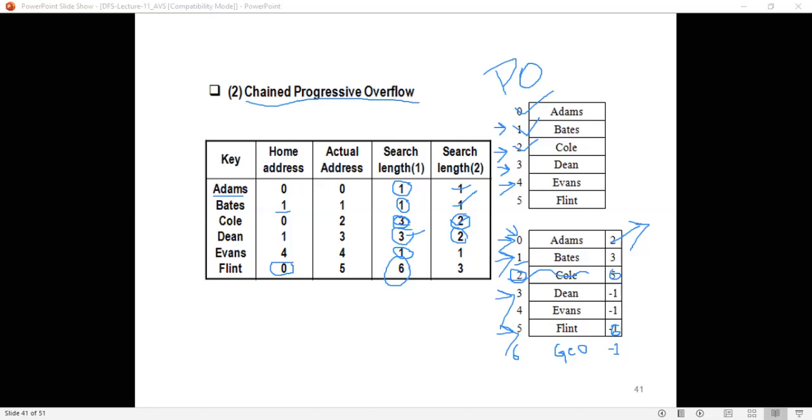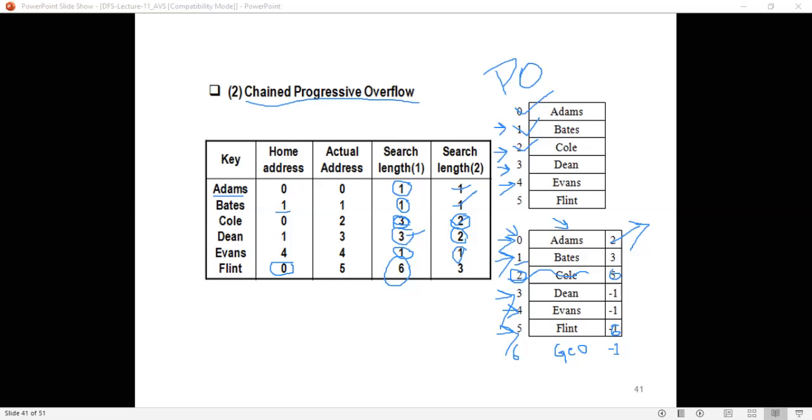Okay. Next, Evans, 1. Directly at the home address itself, it is stored. Evans is stored, so you need only one access. Next is Flint. What is the home address? 0. So first you will search the 0th address, but it is not there. What is the next synonym? At 2, it is not there. So what is the next synonym? 5.